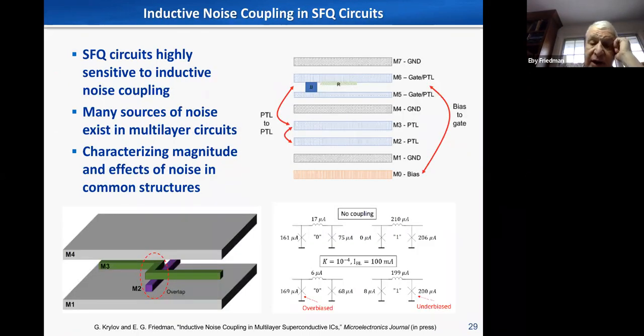Another big issue, and I'll get to it in a few ways throughout the talk today, is that we in the CMOS world are used to talking about capacitance and a little bit of inductance. In superconducting circuits, we talk about inductance. It's all about inductive magnetic fields coupling from place to place. And there's a lot of work to do magnetic modeling and understand the sources of noise due to these. And it's not just mutual inductances, it's much more complicated than that. And so there's a lot of effort to have very clear inductive capabilities to be able to extract and model